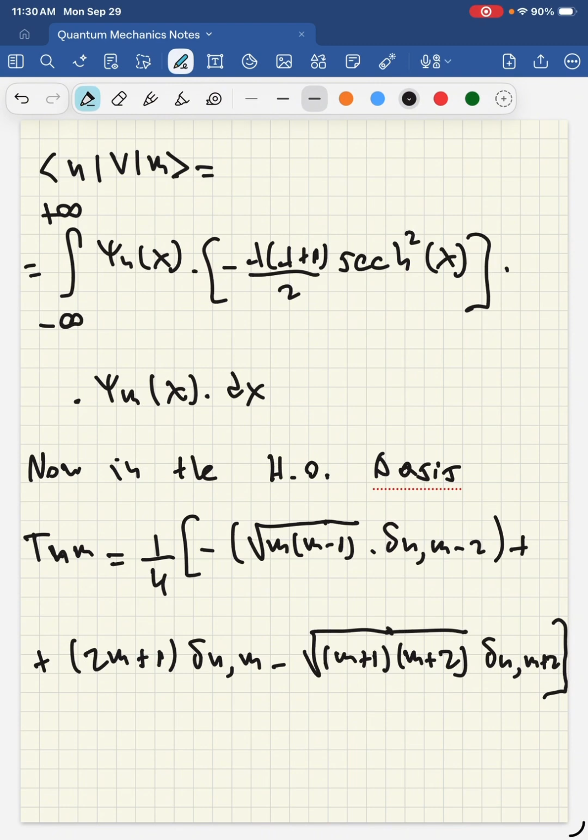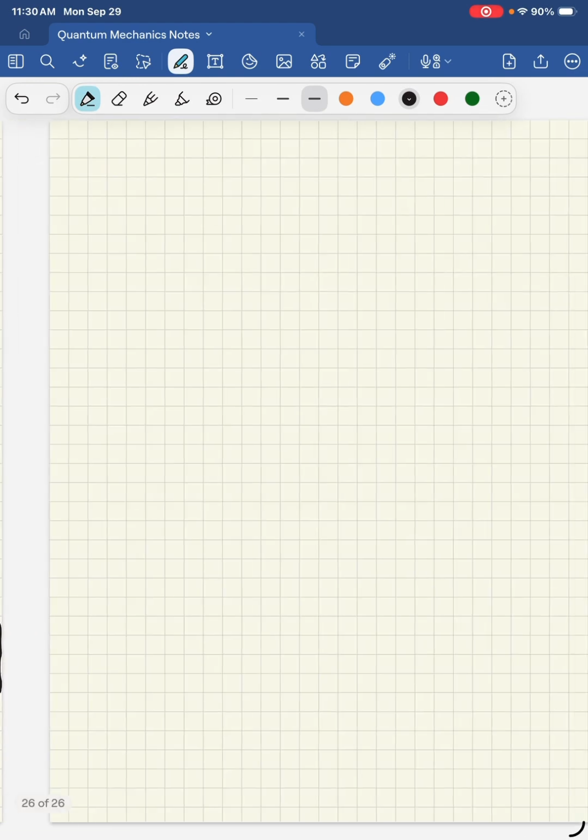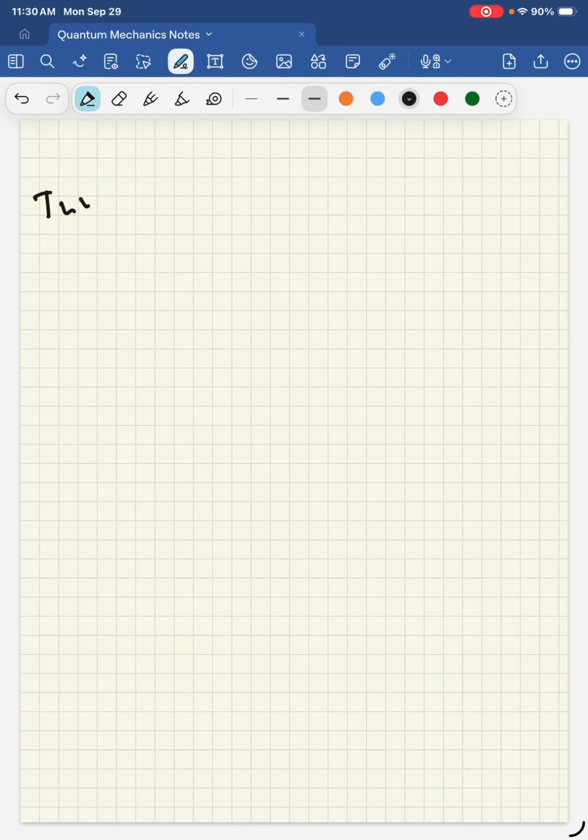Okay, and this is it, I think, for the theory behind this video. So what we will end up getting is that this Kronecker delta tells you that T and M will be a matrix that has,